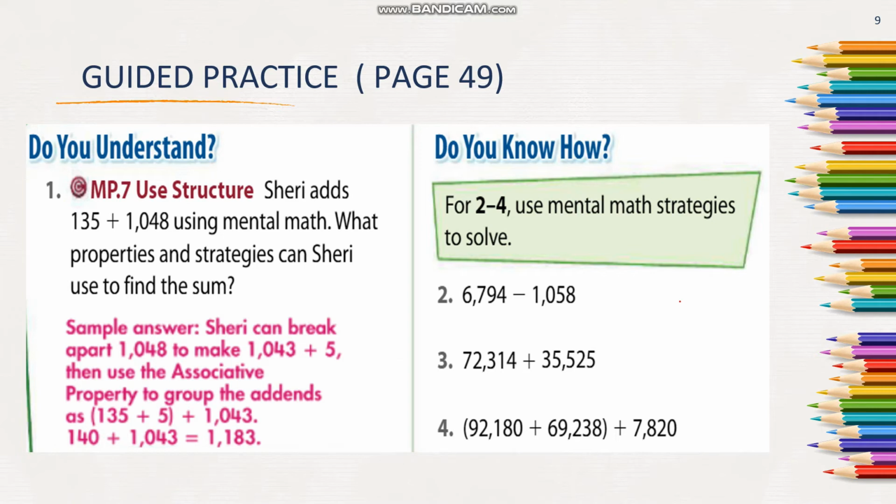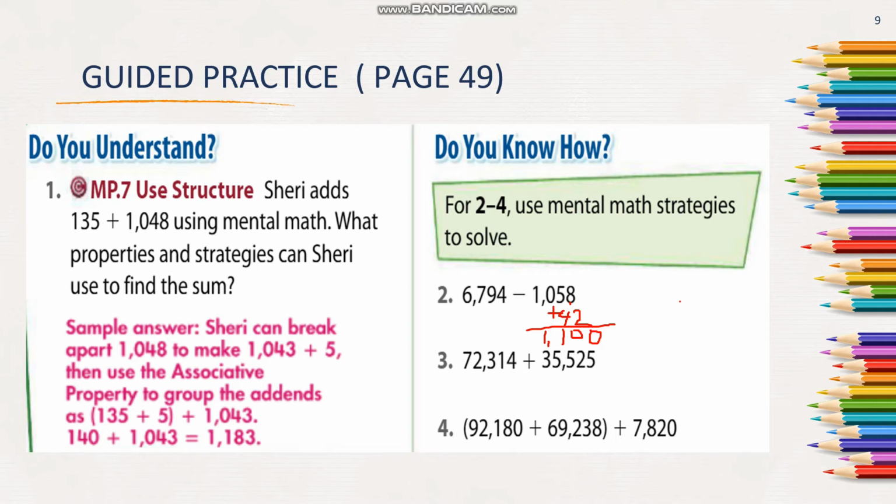number 1. Question 2 to 4. Use mental math strategies to solve. Question number 2. 6,794 minus 1,058. So, if I'm going to use a mental math strategy here, I'm going to use the compensation method. Why? To make it easy to subtract from 6,794, I'm going to add to 1,058. I added 42 in order to make it 1,100. Always remember that the purpose of the compensation method is to make it easy to subtract